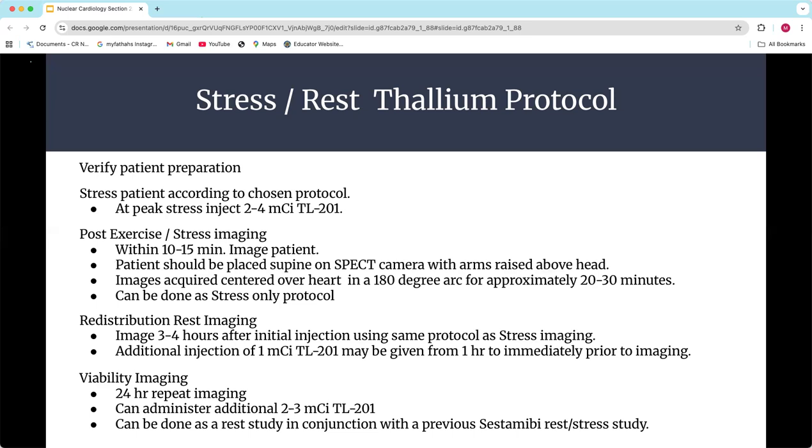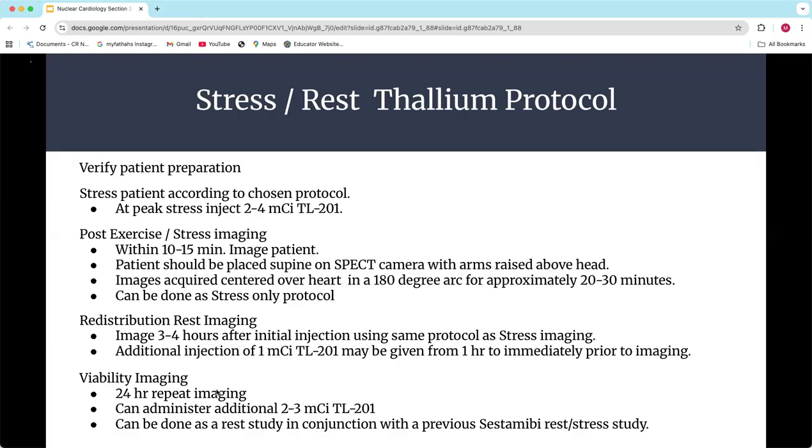And that's really the purpose of a rest. So thallium was the old way, and they would put it in, they would do a stress test, and then they would look at it. And if it was all filled in, you've answered the question of dilation and you're done. And the patient can go home. They don't need to come back in 3 hours. But if there was an area missing, then the question is, is that missing all the time? Or is it only because that area did not dilate and the rest of it dilated? And we have to answer that question. That's the only thing that's going to tell us whether this is ischemia or whether this is infarcted tissue. Okay, so that's what they're trying to do there.